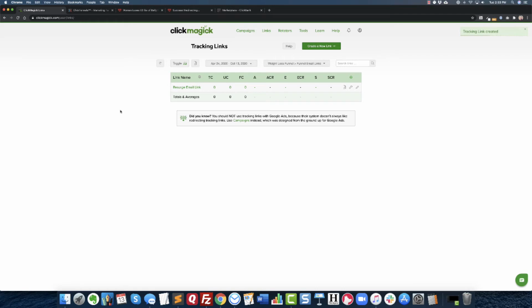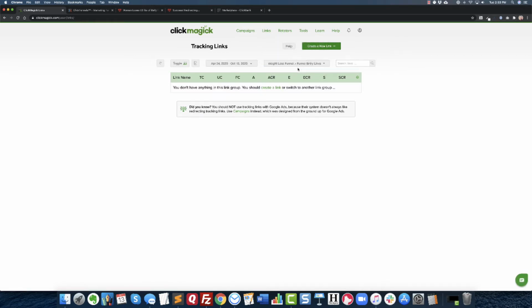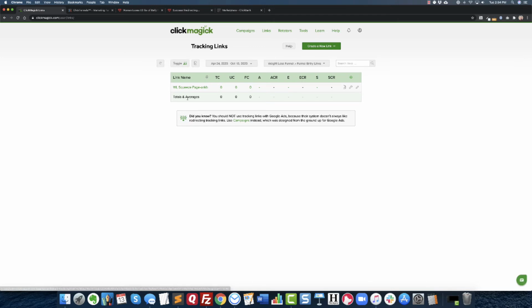Now the next part is the entry link. So we'll do entry links first, and I'll go over and talk about the conversion pixel. The entry link, again, this is if anytime you're doing any kind of traffic source stuff. If you're doing Facebook ads and then also Bing ads and then maybe Google ads, you're going to need 3 different links at least. So make sure you're in the entry links link group, click create a new link, and